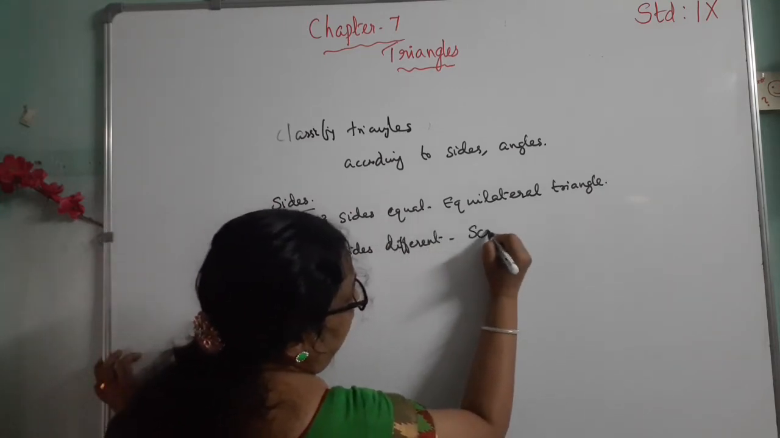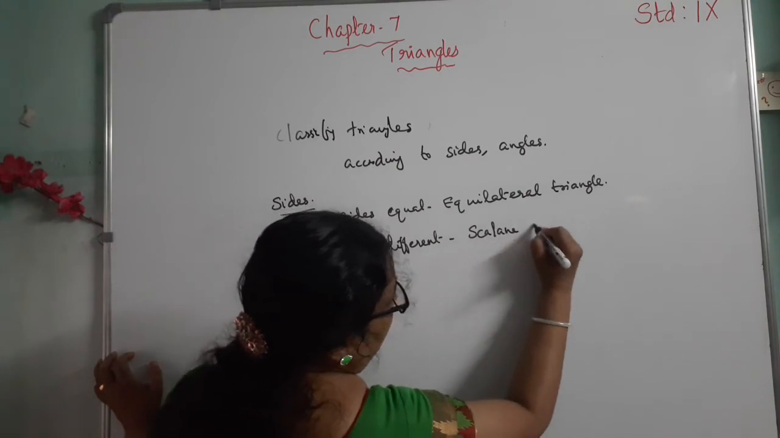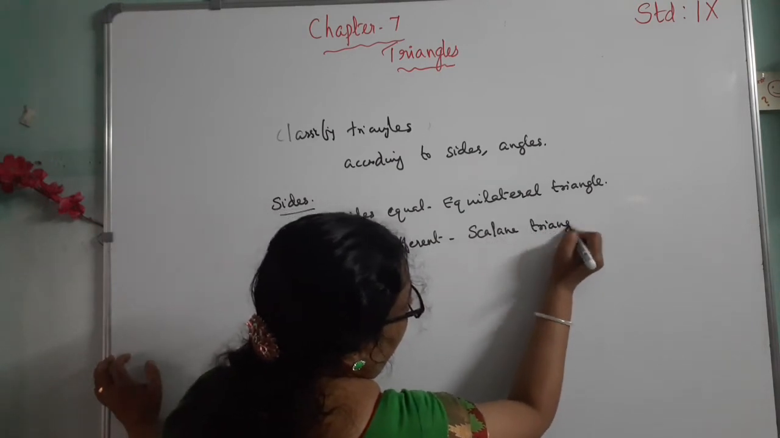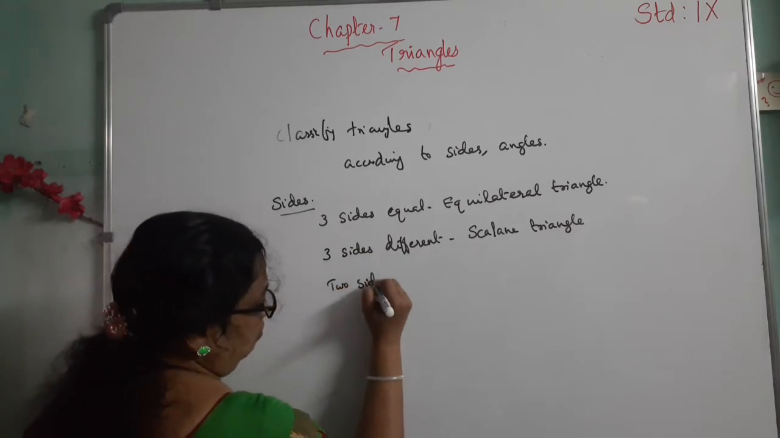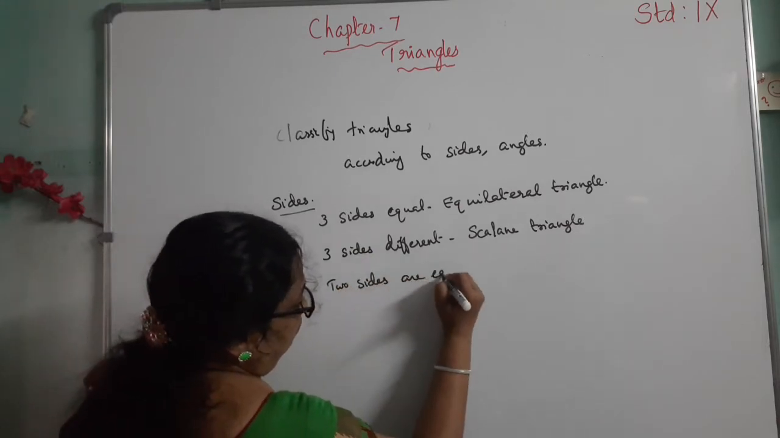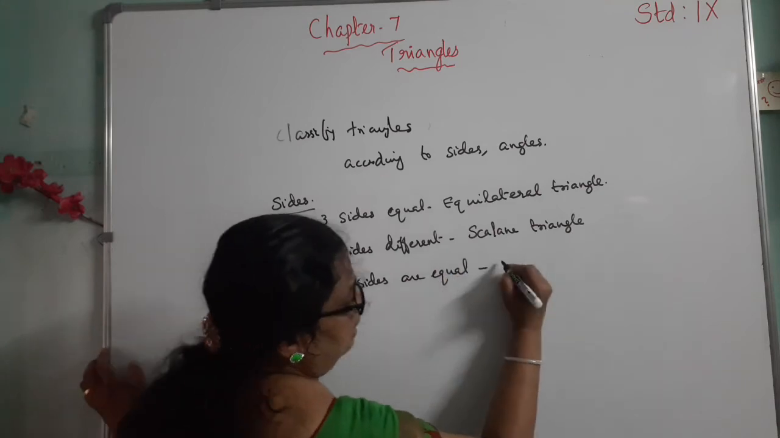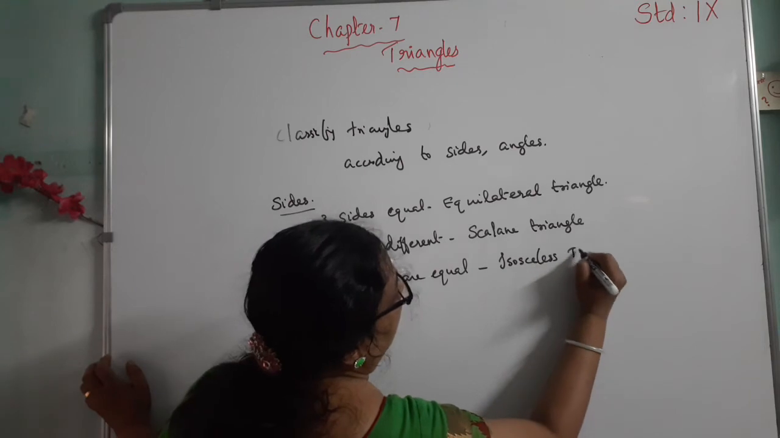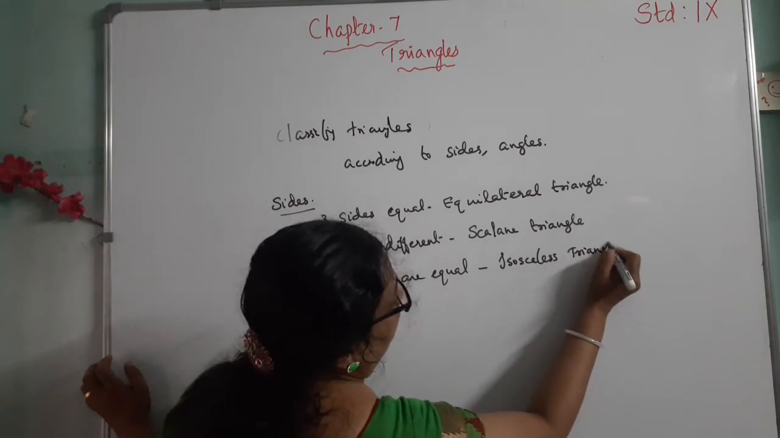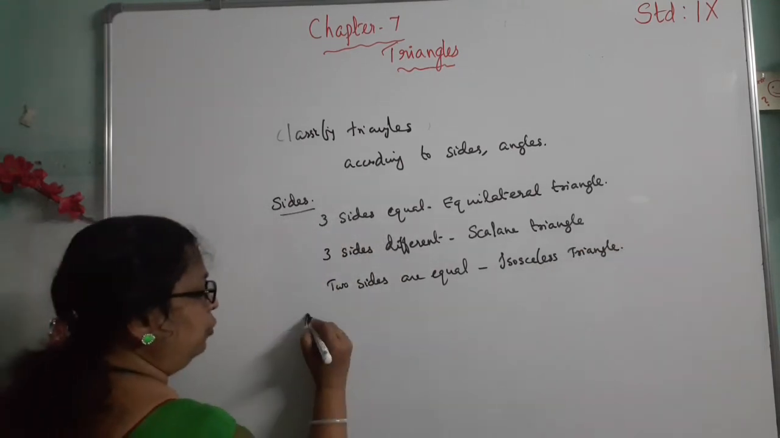Then it is called a scalene triangle. Then if two sides are equal, then it is called an isosceles triangle. And according to angles,